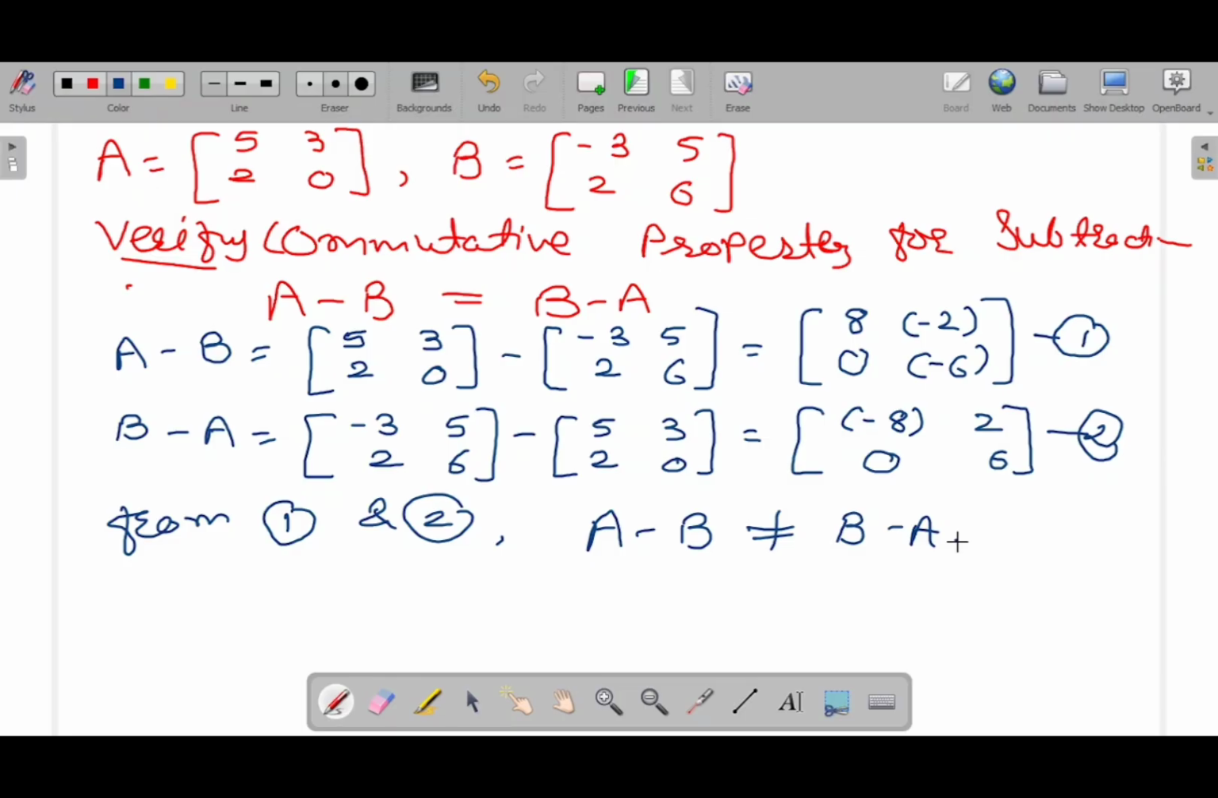So this way you can verify different laws of matrices for addition and subtraction. Hope you have understood this question. I will put a few questions in the next slide of our solution, where you can find more examples and practice sums as well. So thank you. Here we conclude. If you have any doubt